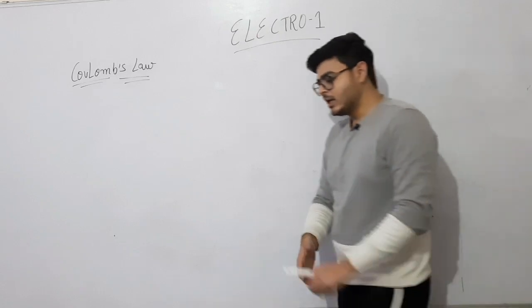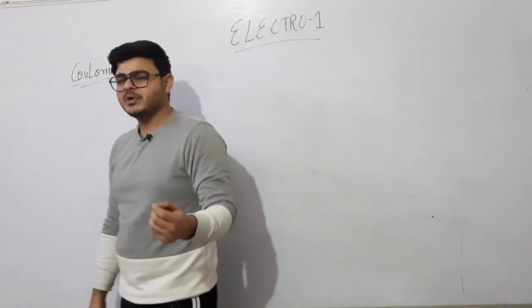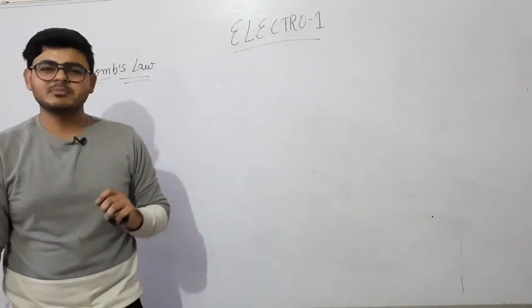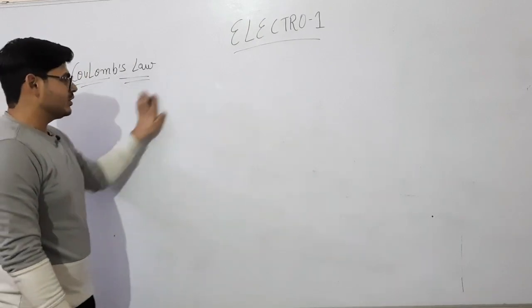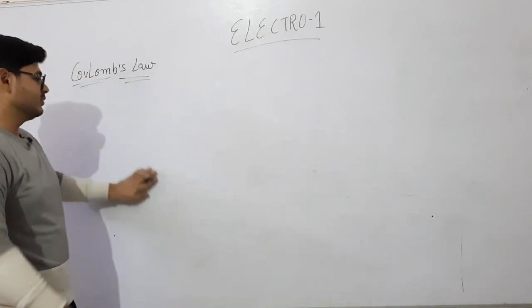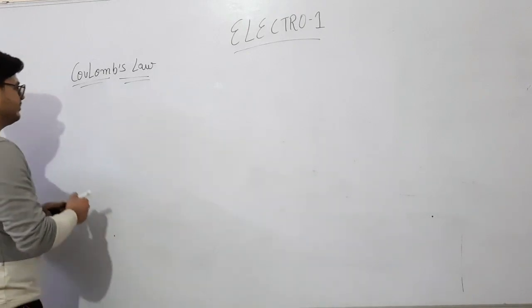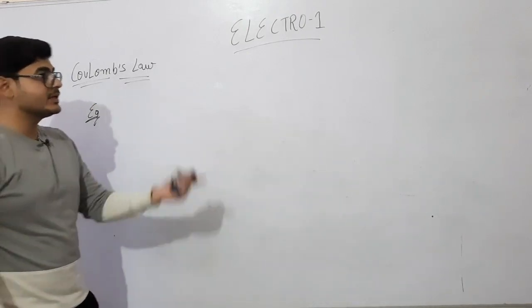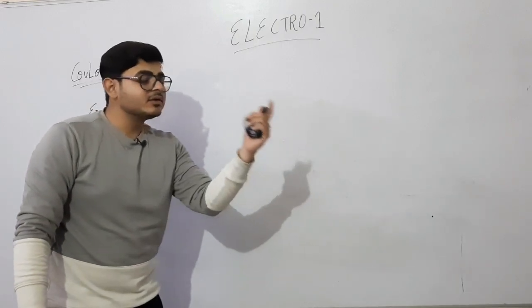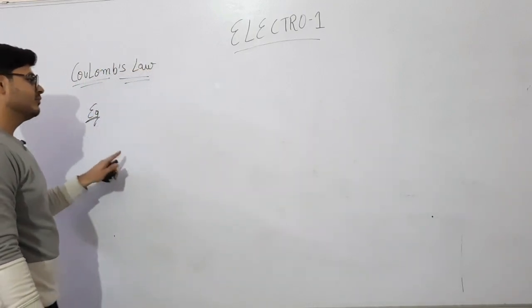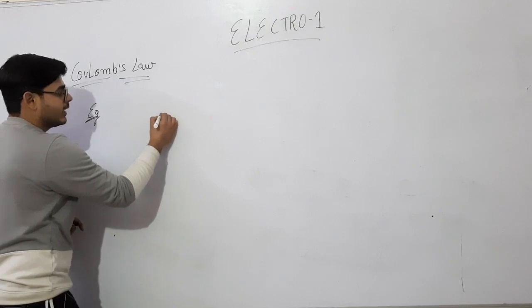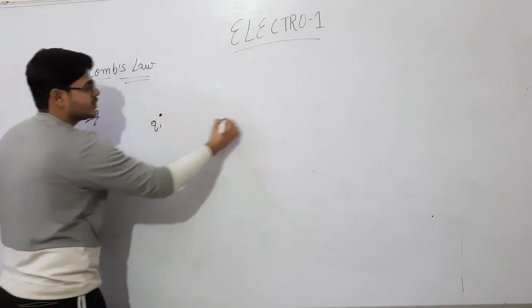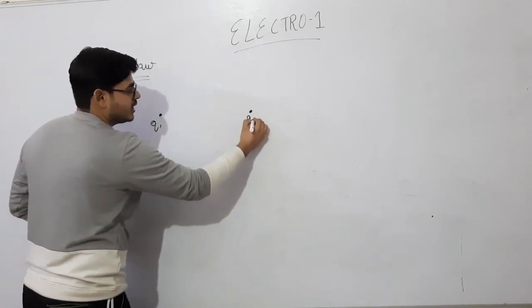Okay, now a basic, simple property. Without that, you're not going to be able to solve any numerical. The first property is the action reaction pair, the second property is that it is a central force, and the third property we are now going to understand. Suppose there's a charge q1, there's a charge q2,